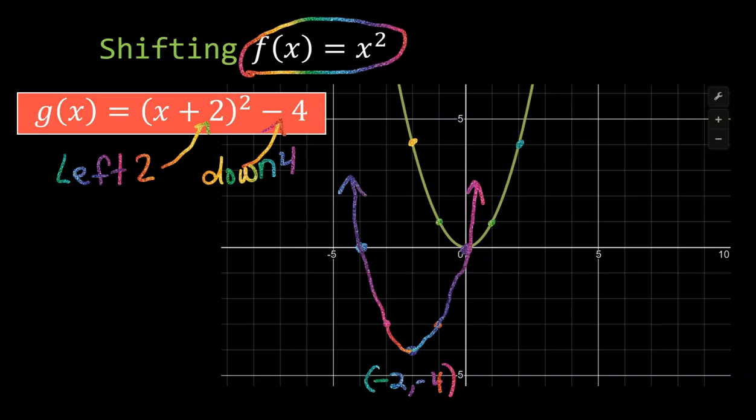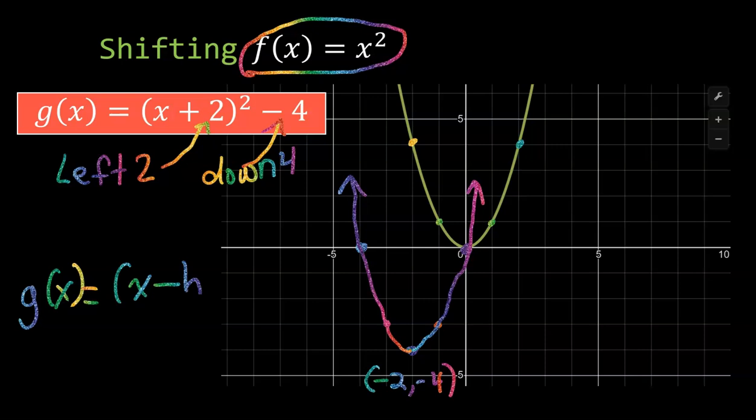So as you can see, if you know the parent graph of a function, you can go ahead and graph the transformation based on the parent function. All right, and we have just learned in this video how to shift. If the inside is positive, it moves to the left, and if the inside is negative, it moves to the right. Okay, now notation wise though, we are going to say g of x is going to equal